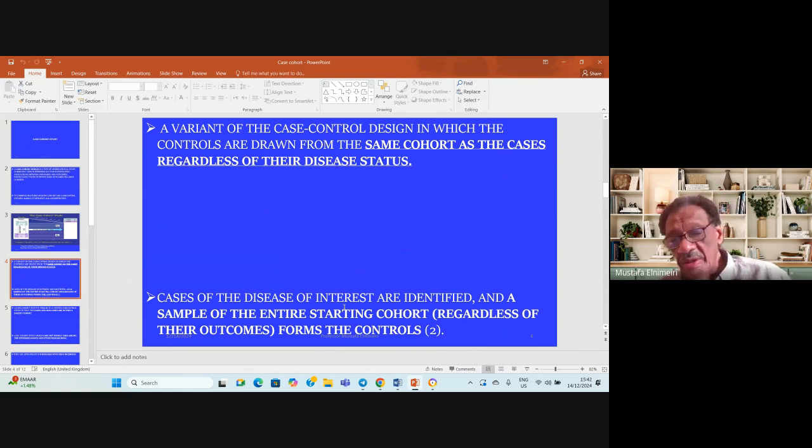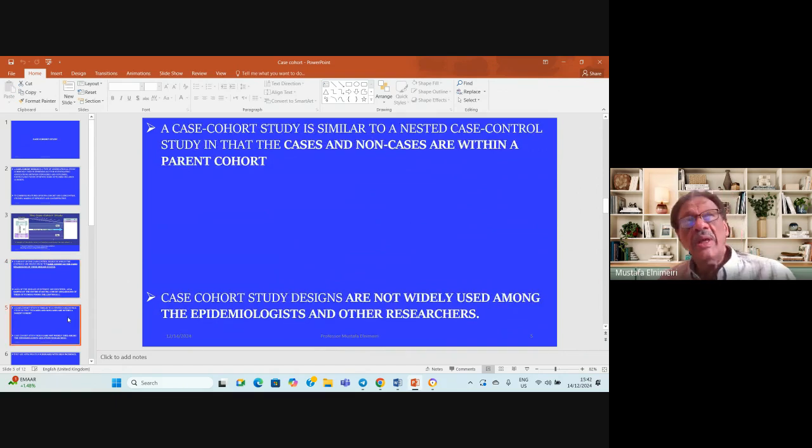And so here we are not going to regard the outcome, whether they have developed the disease or they did not develop the disease. And this is the main difference between the case cohort and the nested case control design, where we draw the controls from those who did not develop the disease. But here the situation is different, as we enroll the controls from the original cohort, regardless of their disease status, regardless of the outcome, whether they develop the